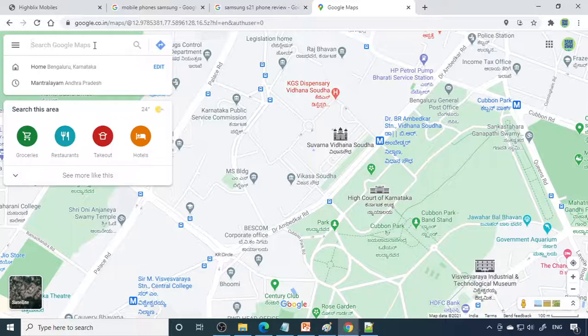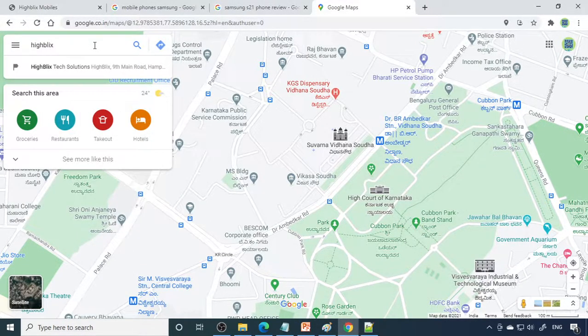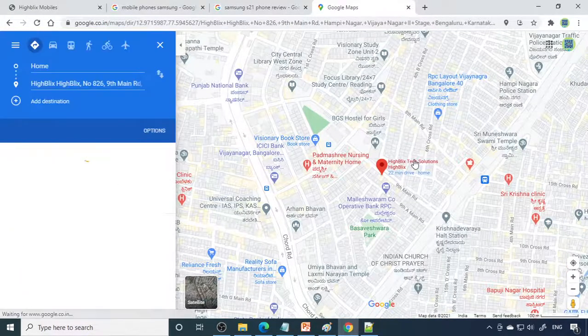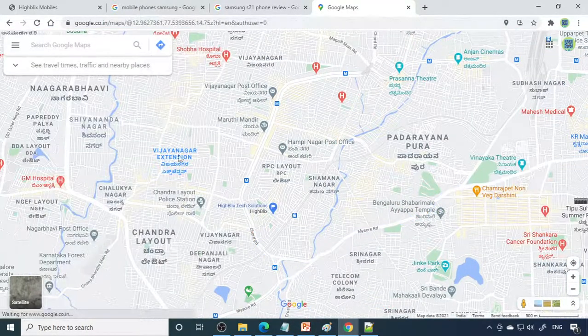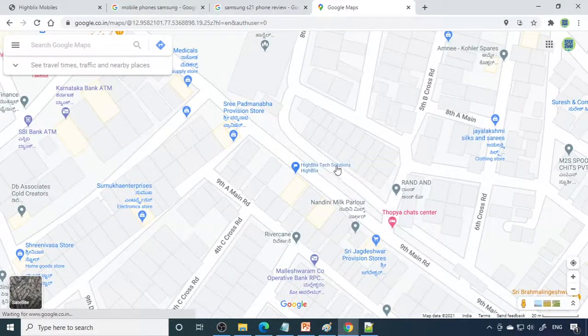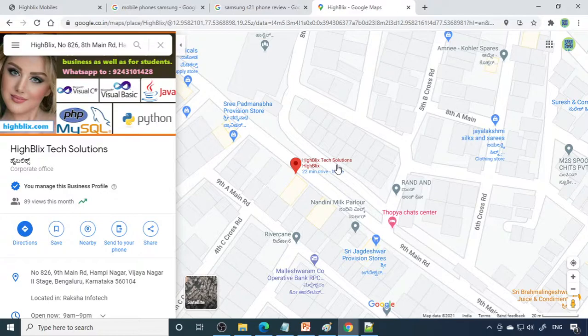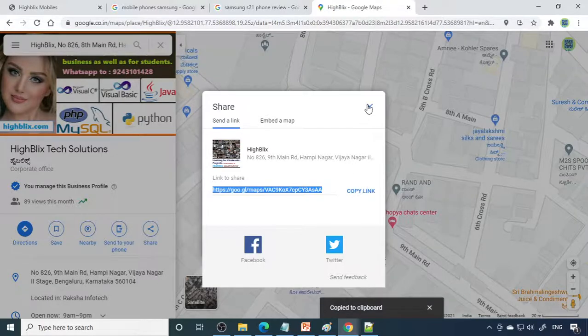So you can search for your company where it is located. Now you can right click on this, click share, and we'll have a link here, copy link.